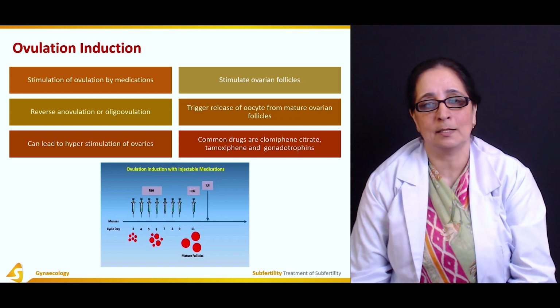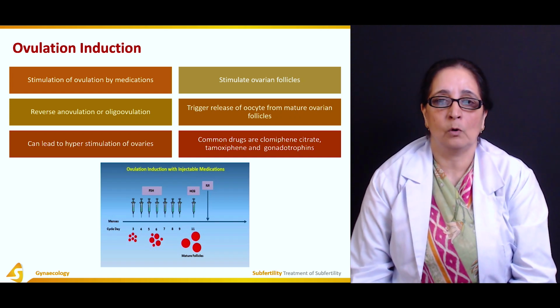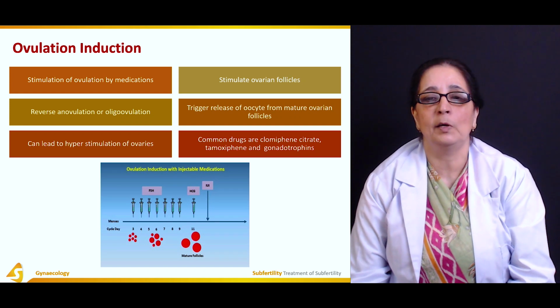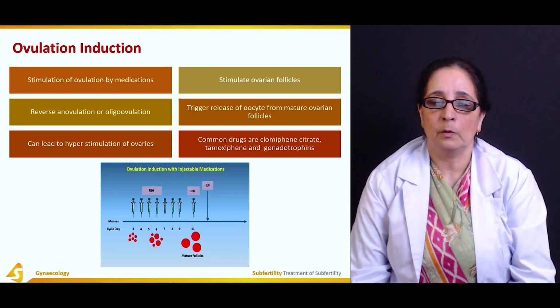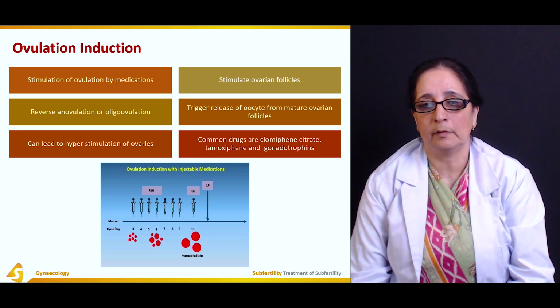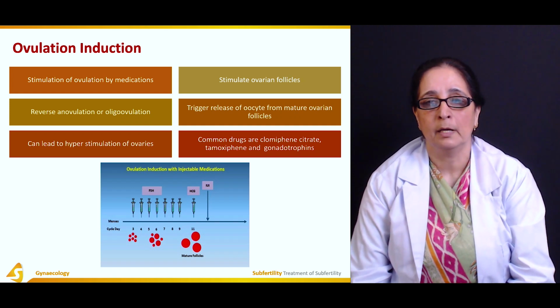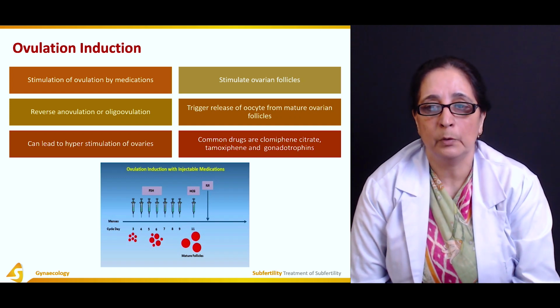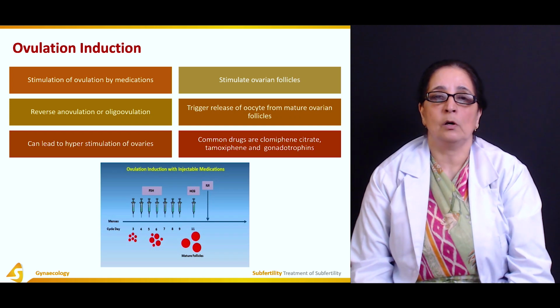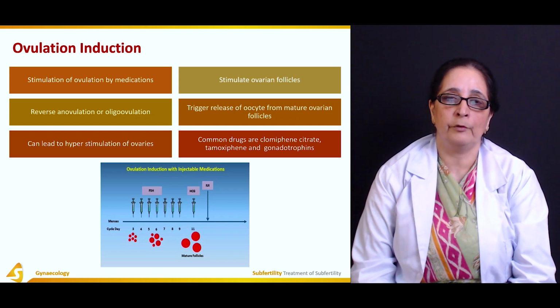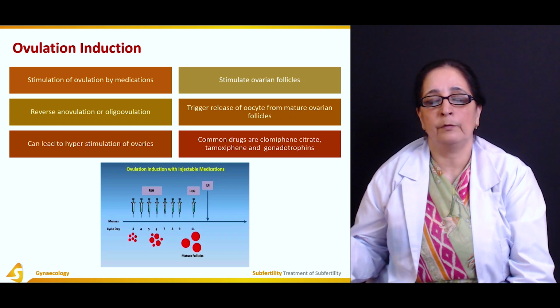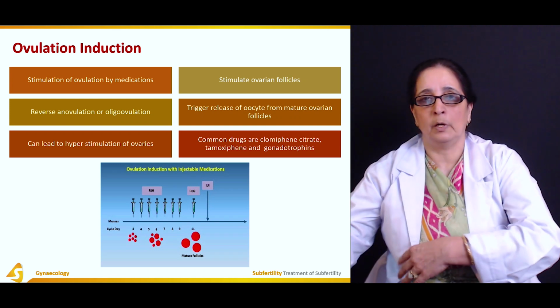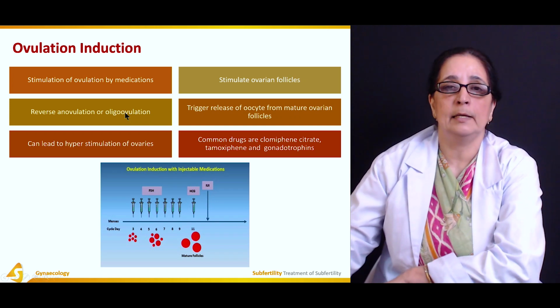So triplets, quadruplets, these are common. So you see females with 3 children, 4 children, 5, all these are common with clomiphene citrate, tamoxifen and gonadotropin, because they cause stimulation of ovaries and 4, 5, 6 mature follicles are formed and they release